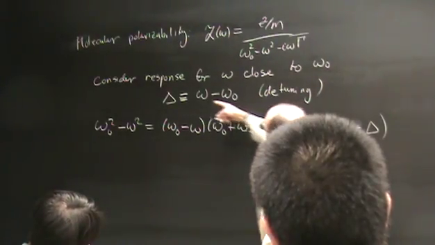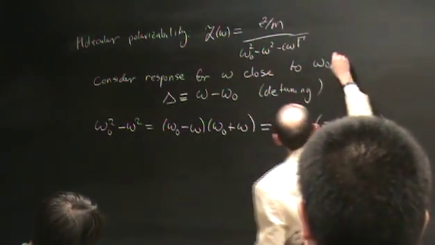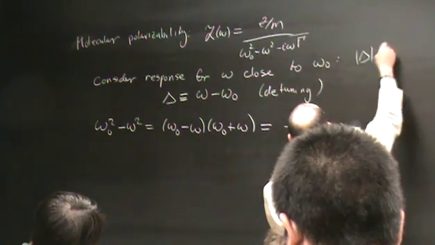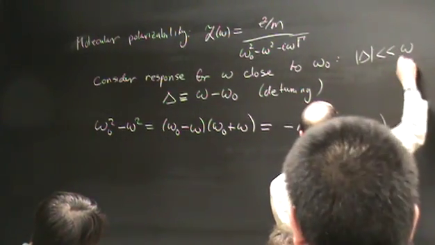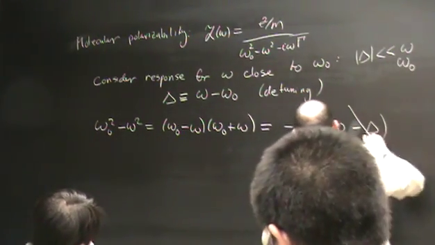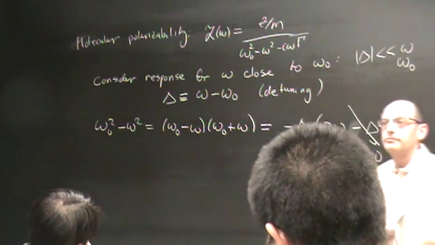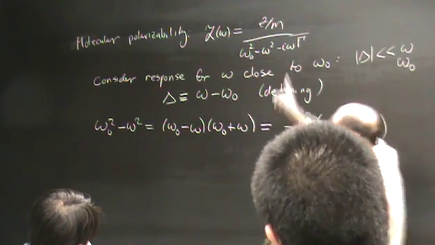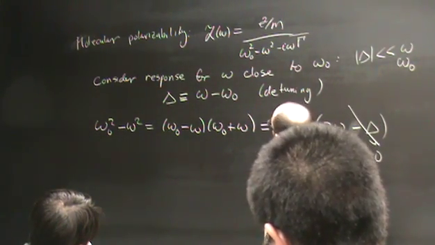If we're close to resonance, what this means is that the magnitude of delta is much, much smaller than either omega or omega naught, and I can ignore this. So under that approximation,